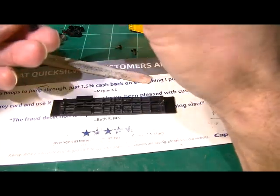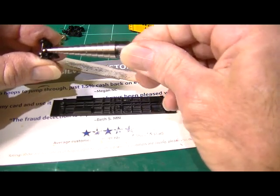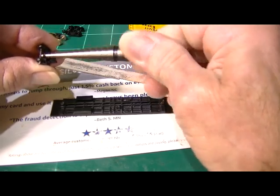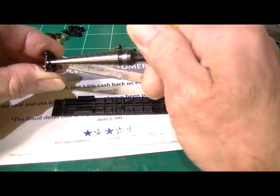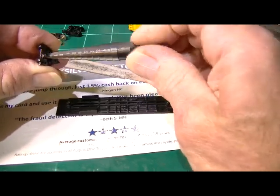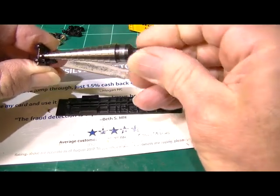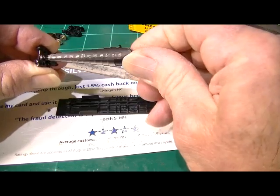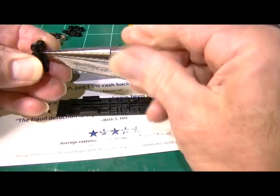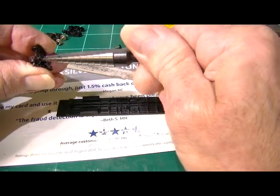And we're not going to put any pressure on, but just turn it, and eventually we'll get that opened up enough, and we'll be able to fit it over the stock kingpin. Now if you don't have a step bit like this, step drill, a 5/32 is what I'm using here,